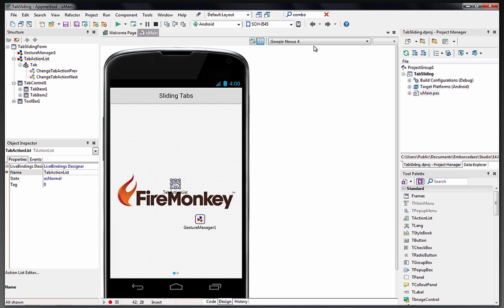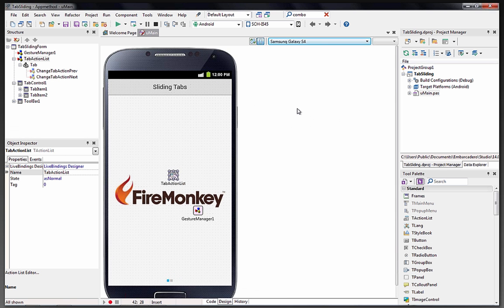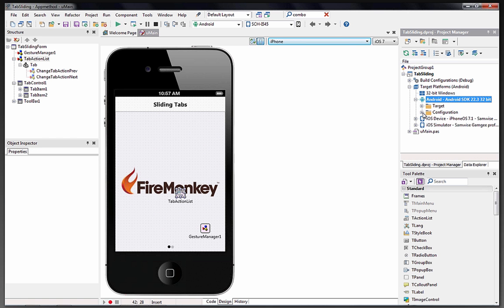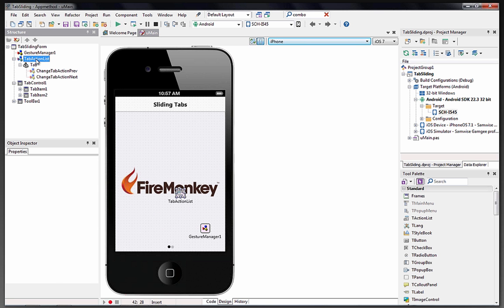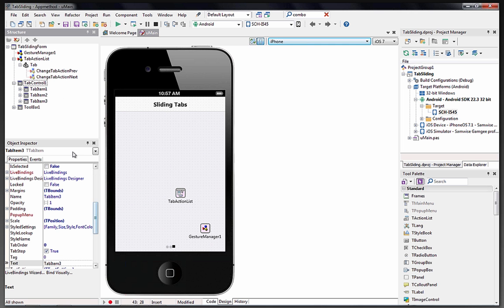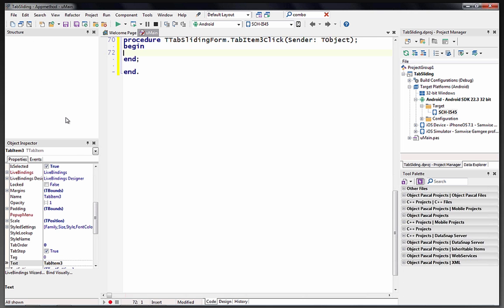All right. And again, this setting down here has nothing to do in the design surface with what it's going to look like on your application. I could say, show it to me what it's going to look like in iOS, but I could go and say my target platform is Android, and then I'll get an Android application. So let's go and do another thing. Let's go in that tab control, which has 2 tab items, and let's add another tab item. And on tab item 3, let's go and